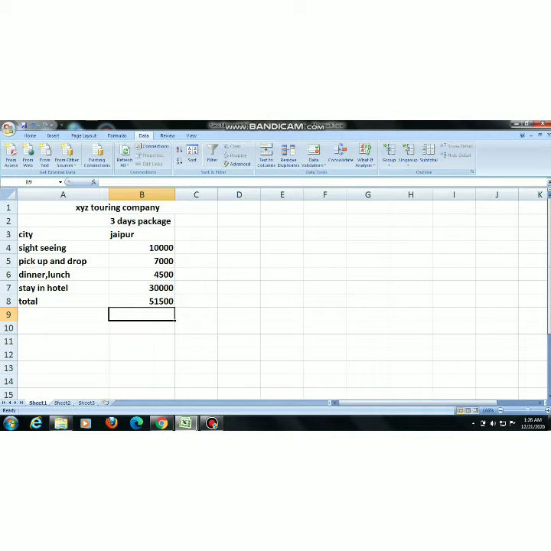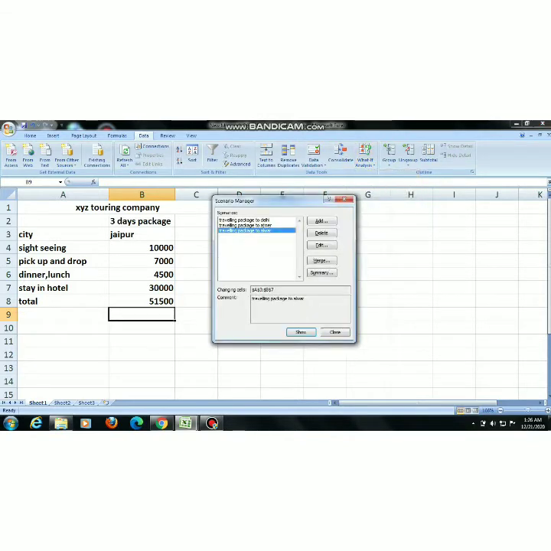Children, this one is also part of what-if. Okay, so for this click on the Data tab. Which group? Data Tools group. Here you will see What-If Analysis. Click here. Here is Scenario Manager. Click here. You will check here. You will create your package here. This time I will show you how we can create the package.